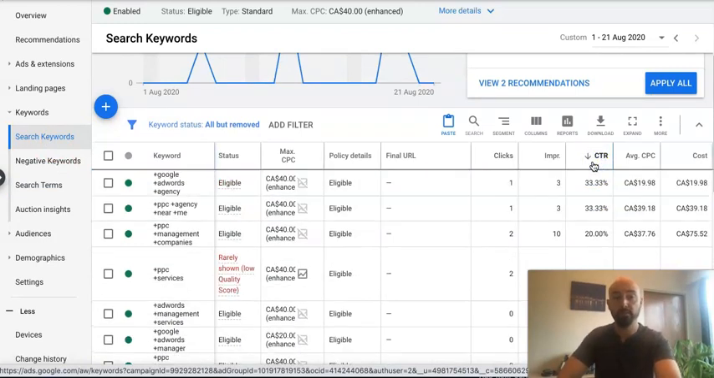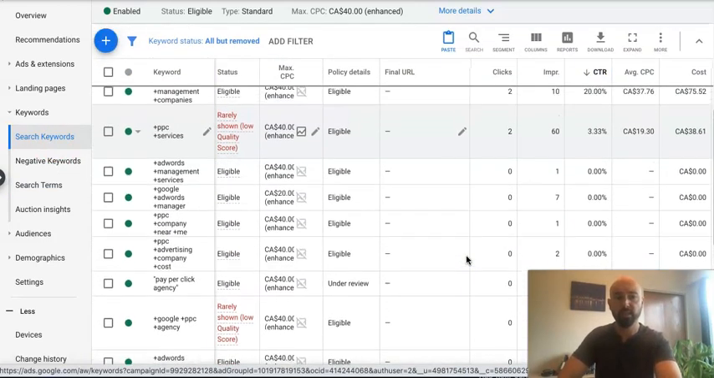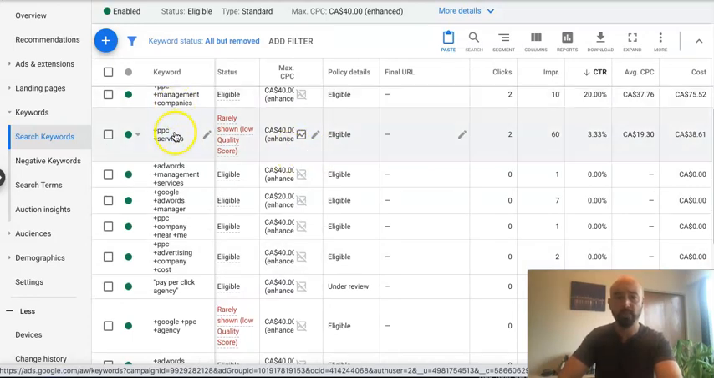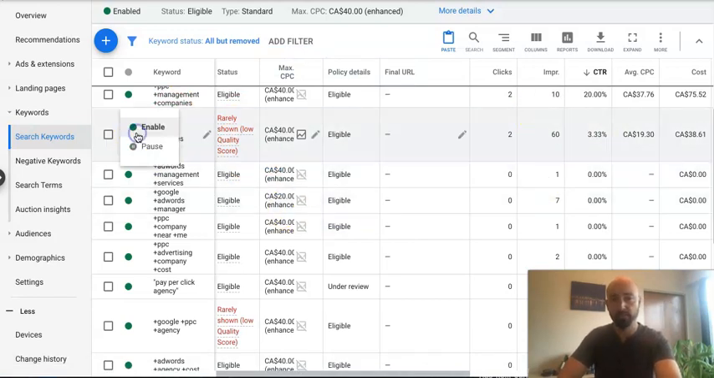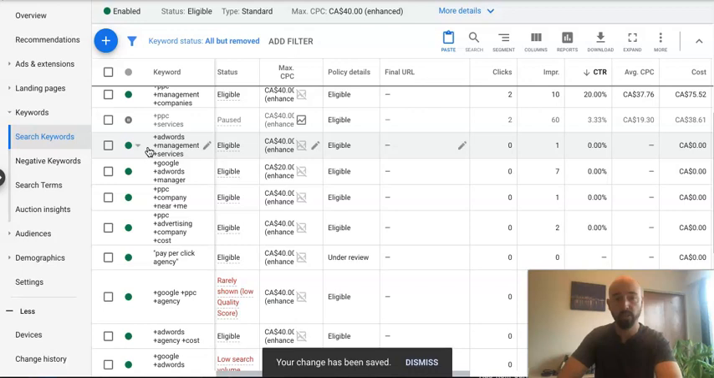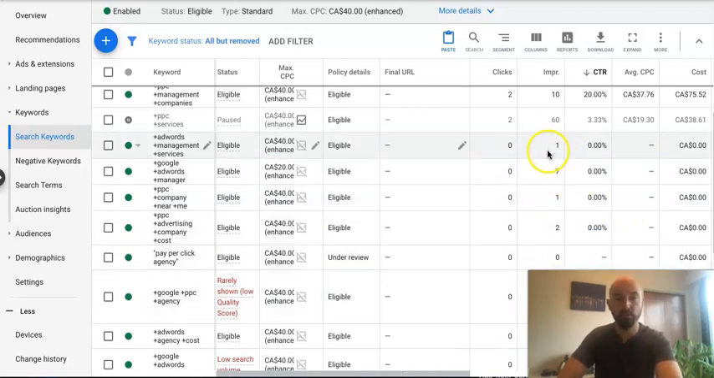Filter by click-through rate. And I can see, so this PPC services had a poor quality score, had kind of a bad click-through rate. I might want to pause this. There's some others here that have 0 click-through rate, but I can see they're not really getting too many impressions. So I'm going to let those run and see how they play out. So basically you're pausing poor performers and creating iterations of high performers, or looking at your search term report and